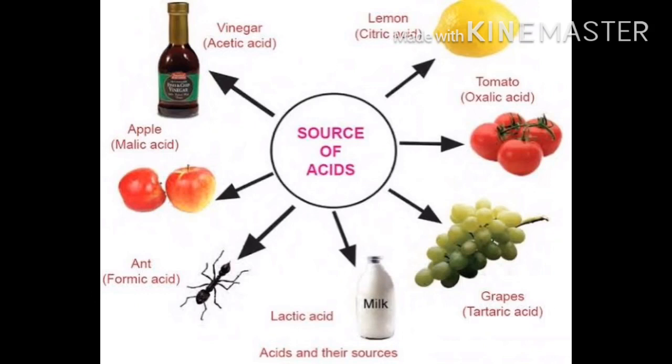Acids are classified on the basis of their sources. They are of two types: organic acids and mineral acids. Organic acids: the acids produced by plants and animals are known as organic acids. Organic acids are weak acids. Ethanoic acid is an organic acid and was the first to be used in experiments. Ants make an acid called formic acid.